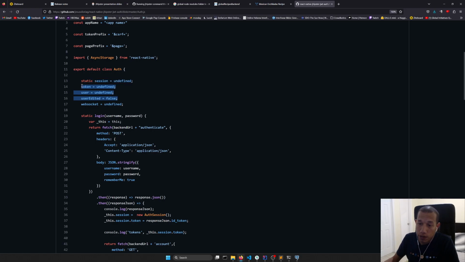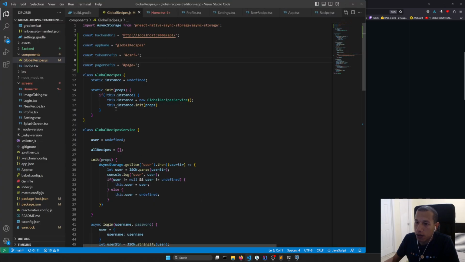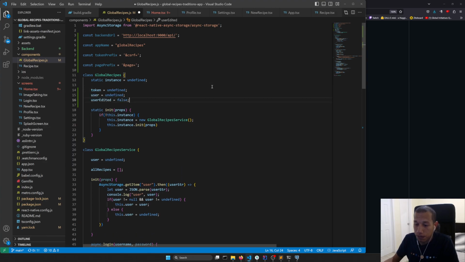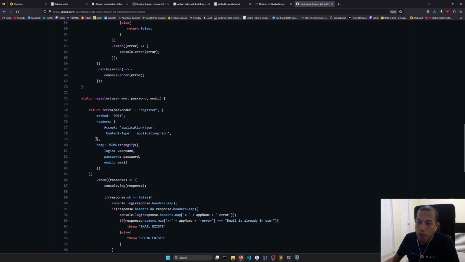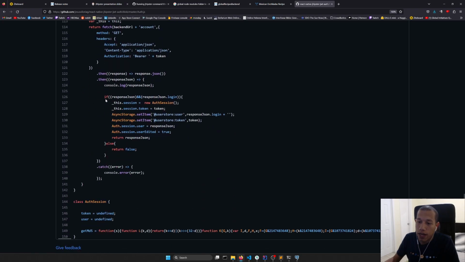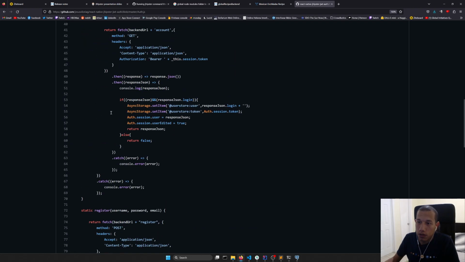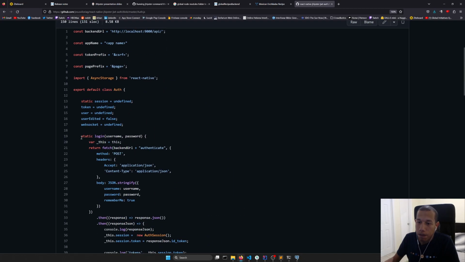I have used WebSockets in the past for doing, for example, live chats, or live updates in your app. It's really powerful, really nice, because you receive real-time updates from the server. In this case, we're not using this name as session, but we're using instance, but no problem. So this is the login function, register function, also an account function that enable us to use the session information, login, etc. So we're going to copy that,